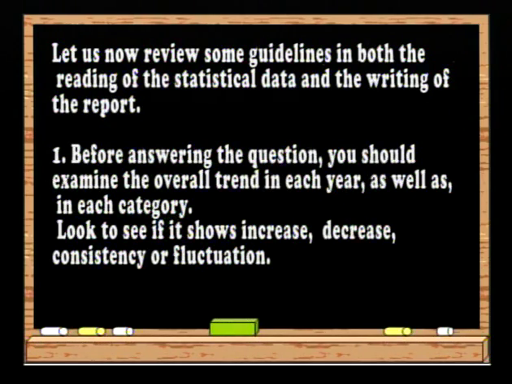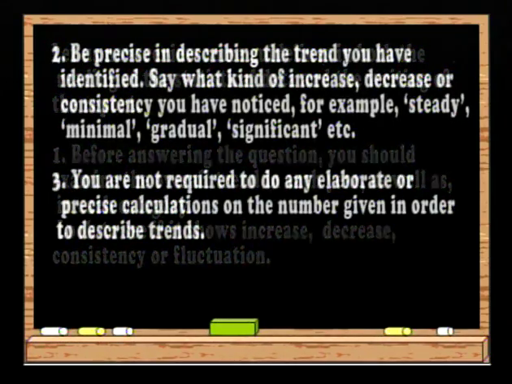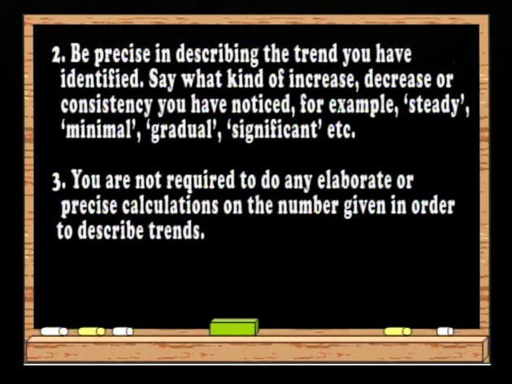Look to see if it shows increase, decrease, consistency, or fluctuation. Be precise in describing the trend you have identified. Say what kind of increase, decrease, or consistency you have noticed. For example, steady, minimal, gradual, significant. You are not required